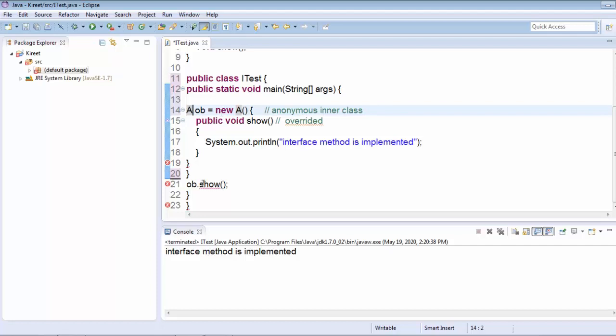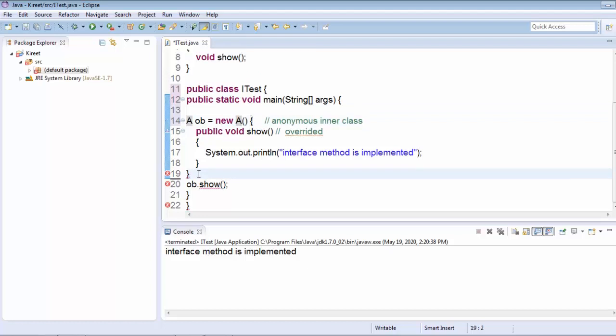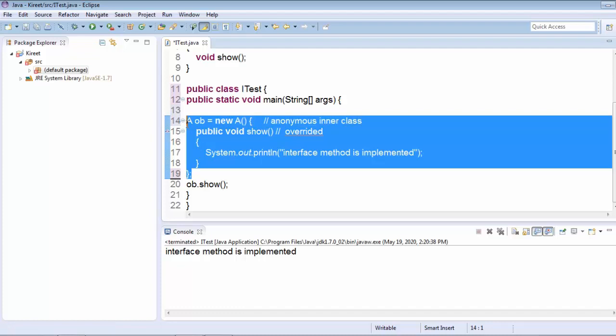So what we will do now is remove this, and you have to locate the position: this is the starting brace, and this is the ending brace. After the ending brace you have to put a semicolon. So it means now this is a class, an anonymous class,